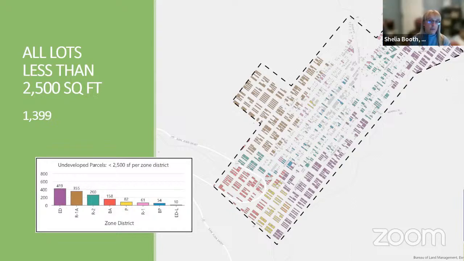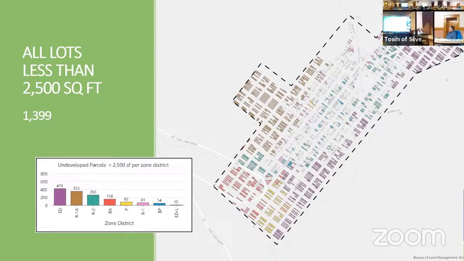So do you want to stick with the 2,500 or do you want to allow it to come down? I'm not sure. Just for the purpose of discussion, I don't think there's 1,400 lots that we have to worry about being non-conforming. I think it's probably a smaller number. You got the information from the assessor's office? Yeah, so my understanding from our GIS is that they pulled the existing information from the assessor's office, and these are lots that do not have structures on them that are less than 2,500.